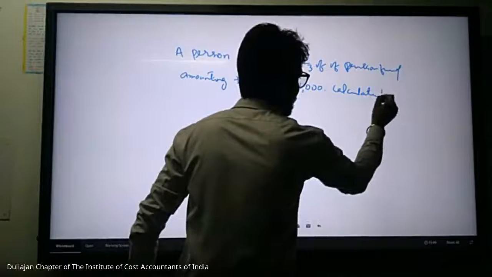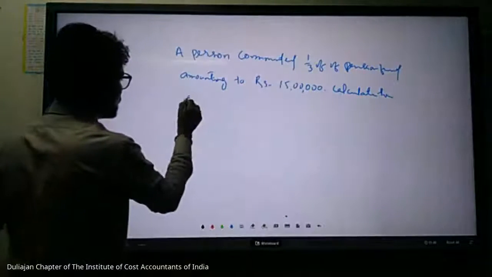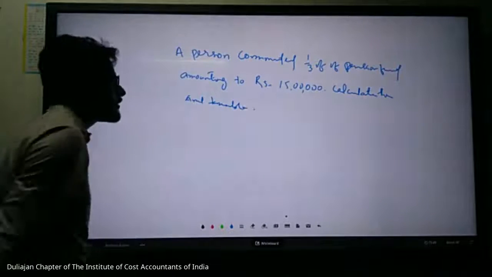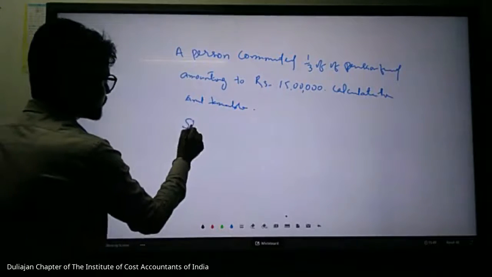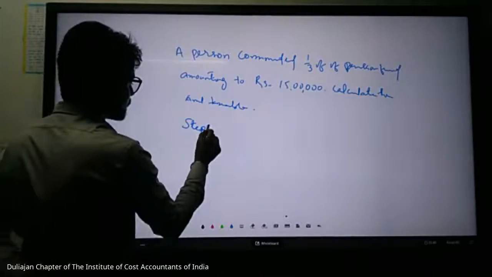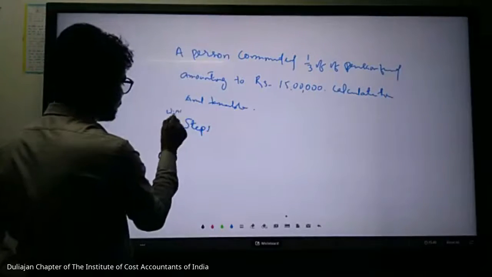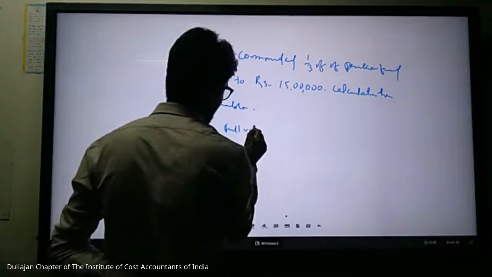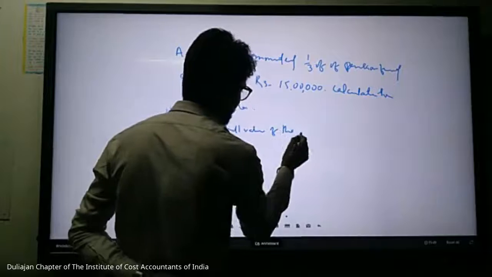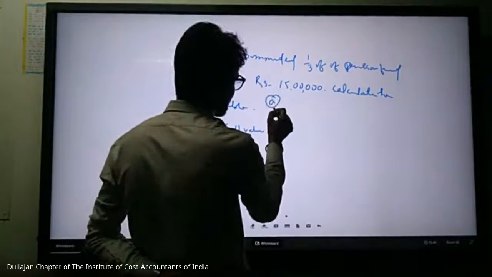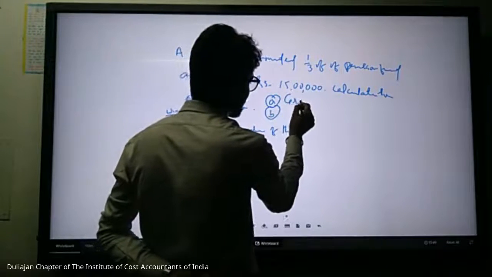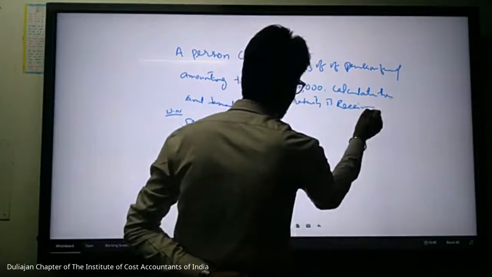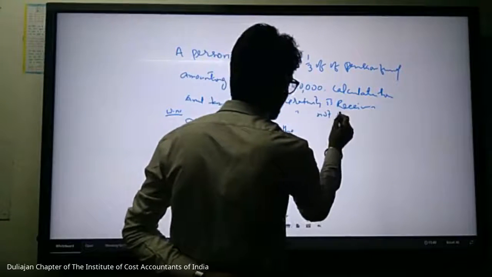Calculate the amount taxable. तो स्टेप 1 हम लोग क्या करेंगे, व्हाट वाज द स्टेप 1, दिस विल बी वर्किंग नोट ऑनली, ओके। स्टेप 1 में हम लोग क्या करेंगे, फुल वैल्यू ऑफ द कम्यूटेड पेंशन, इसमें दो ऑप्शन हो सकता है, दोनों करेंगे हम लोग, ग्रेचुइटी रिसीव्ड, ग्रेचुइटी नॉट रिसीव्ड, ओके।